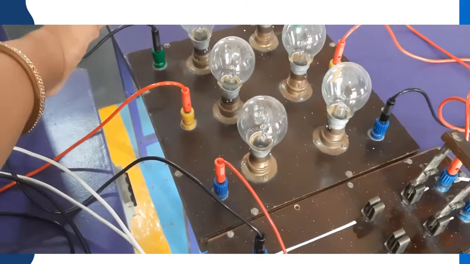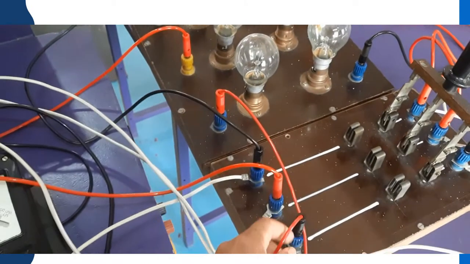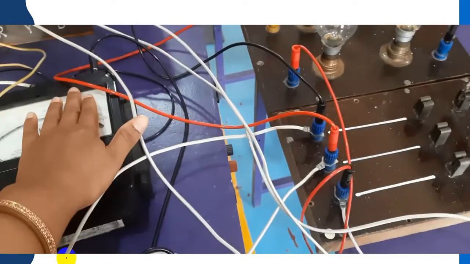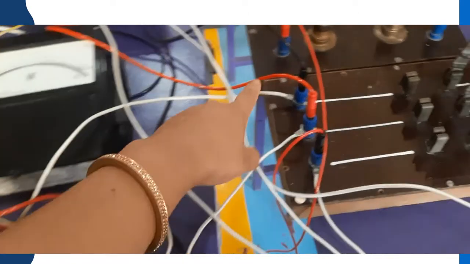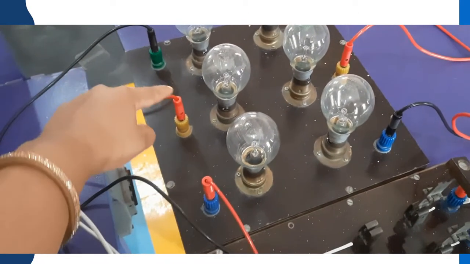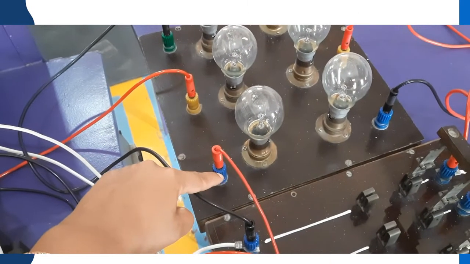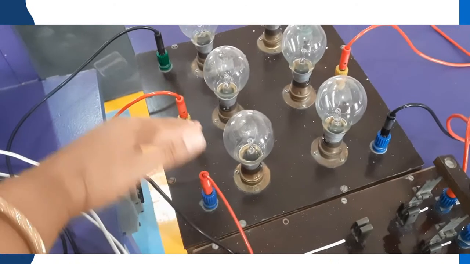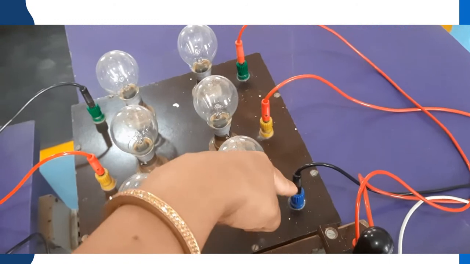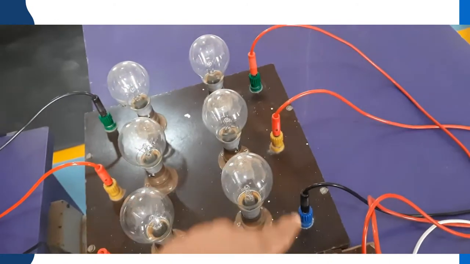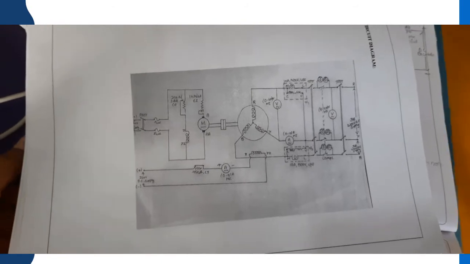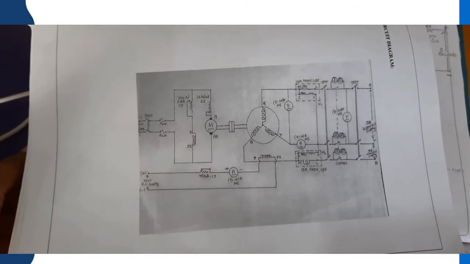From the other points of the load, we have to connect to this side of the TPST, where the wattmeter wire from the wattmeter R, Y, B has been connected. From those terminals, we have to connect to the other point of the load. It's not a load, it's a lamp set. This is connected to the synchronous motor RYB terminal, and this side is connected to the 3-phase AC supply of 440 volts. So now we'll see the conduction to get the V and inverted V curve of a synchronous motor.